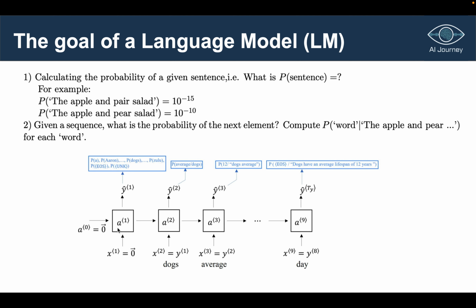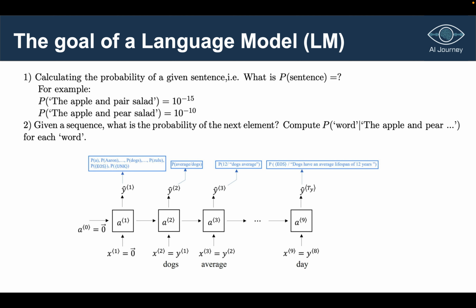So let's say we sampled the first output token as "dogs". We re-input this into the next timestamp and get the probability knowing that we got "dogs" in the first timestamp. So P(dogs), then P(average | dogs), then P(the next word | dogs average), and so on and so forth,